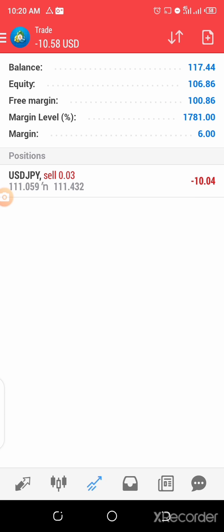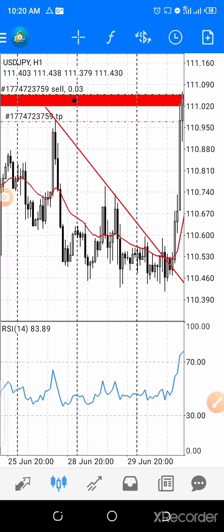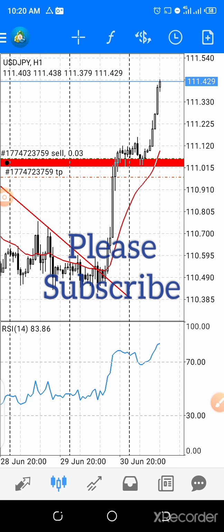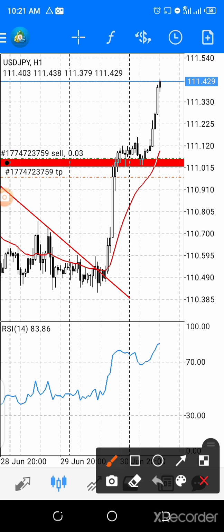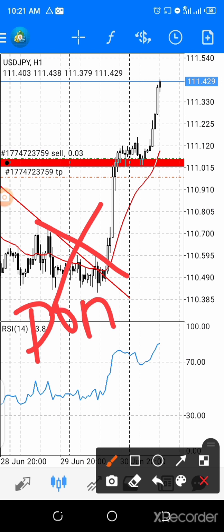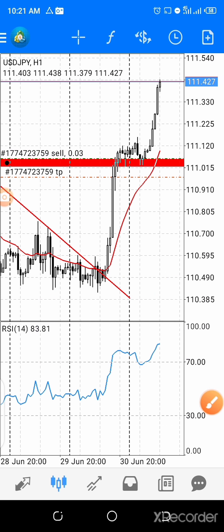So guys, I hope you understand the reason why it is good to use a stop loss. The stop loss would have stopped me out. The only thing that saved me was that I didn't use a lot size too big for the account, meaning I didn't expose this account to too much danger. So do not expose your account to too much danger. Learn to protect your account.